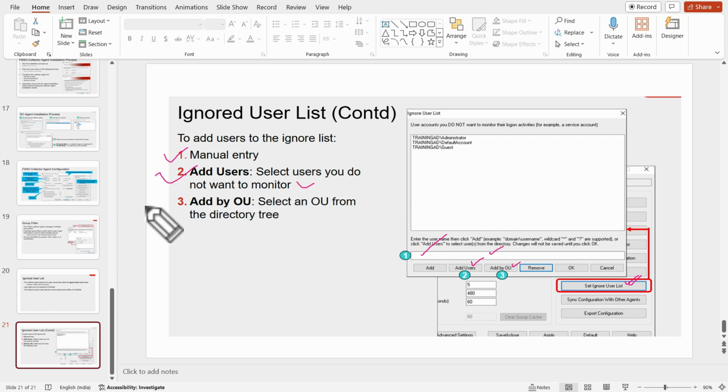Basically you want to ignore them. Third is add OU, where you select the OU from the directory tree. Select the OU and ignore it. So after doing this, whatever you add to the ignore list, those monitoring events will not be sent to the FortiGate. That user list and OU list will simply be ignored from the collector agent side.